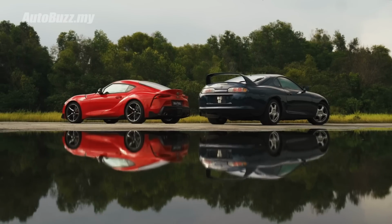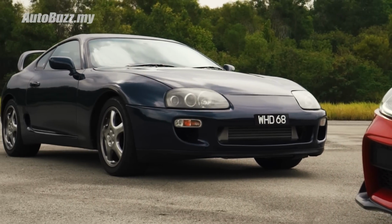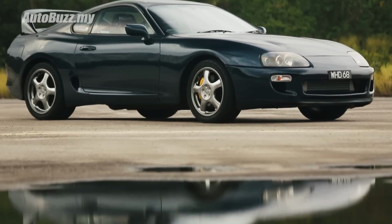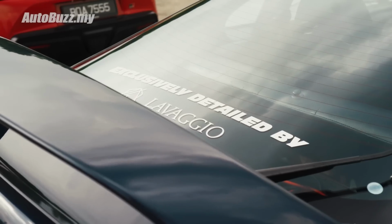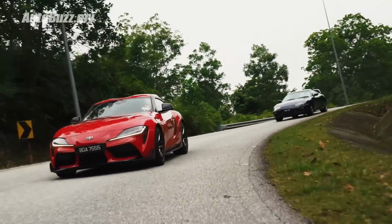So I guess eventually I have to come to this question. Does this car actually deserve the Supra badge? The hype is real, hence the expectation to how this new Supra should live up to the A80 has blown out of proportion. Partly due to silver screen influence, but mainly because it is an icon in the JDM